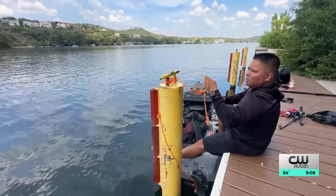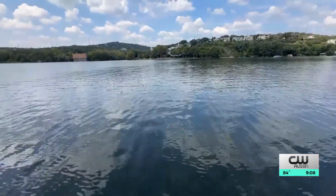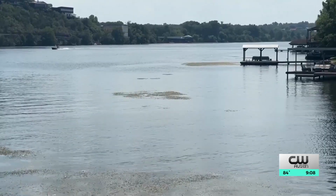They're also working to keep people educated about the issues invasive species can cause to local ecosystems. Again, it's one of those unfortunate things. You want to keep non-native species out of your aquatic systems. Nabil Ramadna, KXAN News. A vegetation survey by Texas Parks and Wildlife conducted in June showed that hydrilla is found